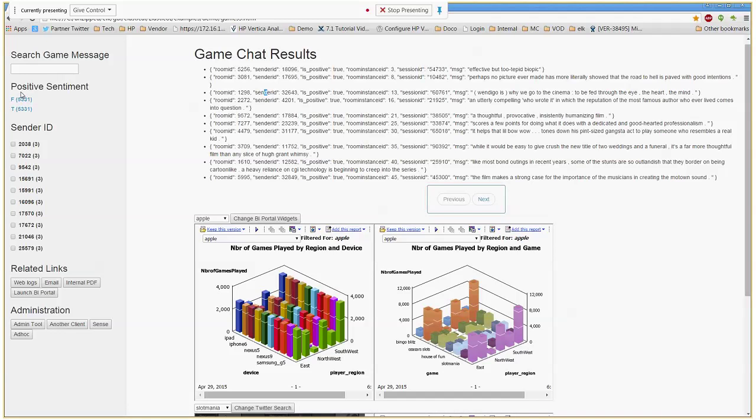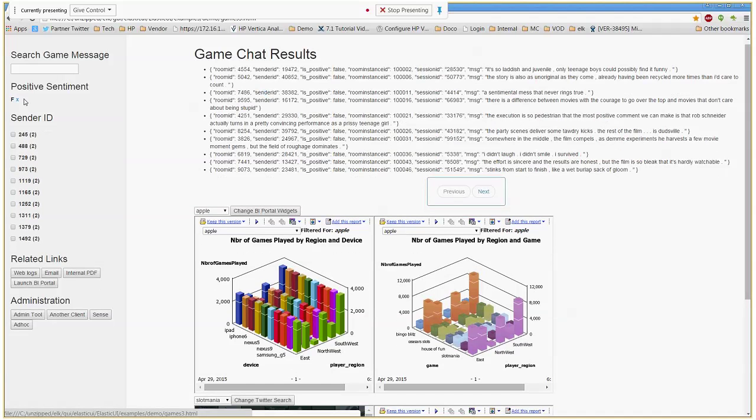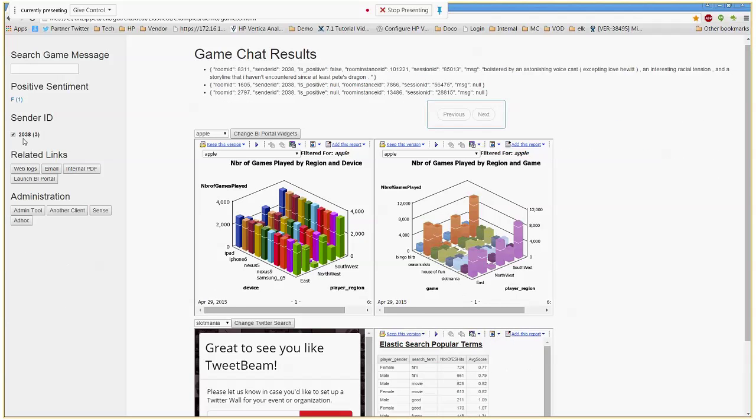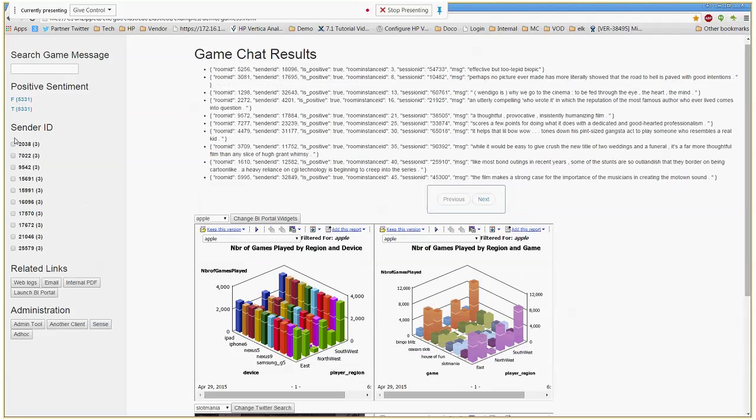One of the things we also do is break out that text into sentiment analysis. I can quickly filter on the people who are negative and what those chats look like. If I want to see the positive ones, I can just select the T there for true. Now underneath the positive sentiment, I can also see the various senders and how many times they have chatted. For instance, sender 2038 has chatted 3 times. I can select that. You can see there very quickly we're making a filter to filter down just those chats